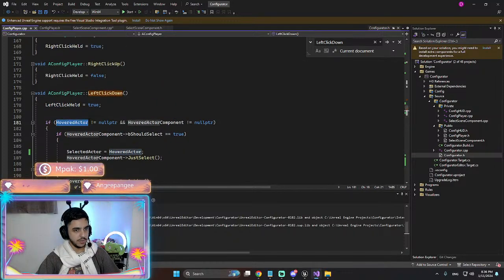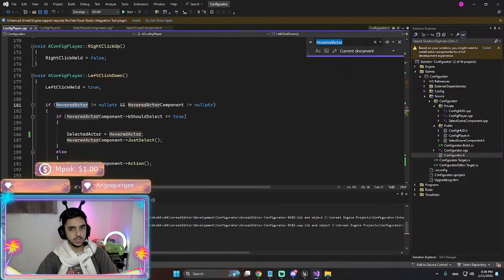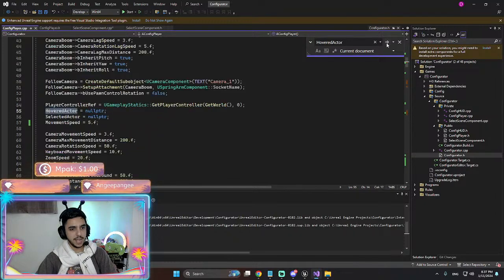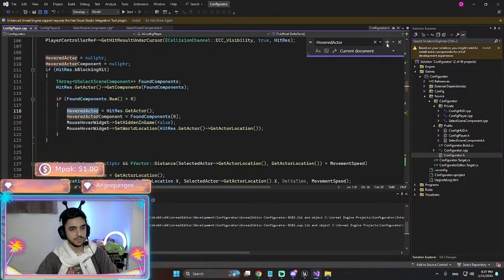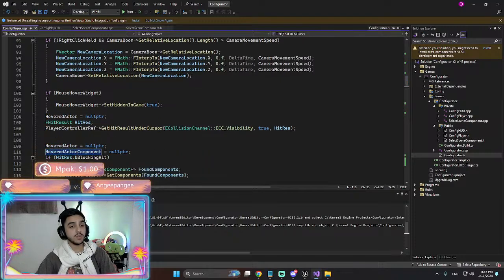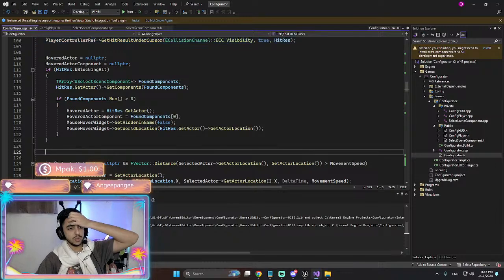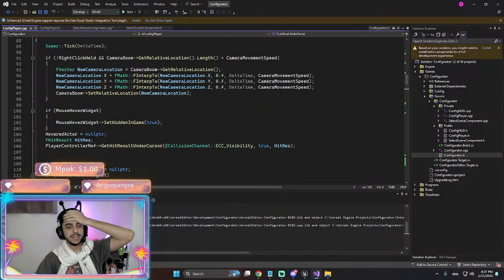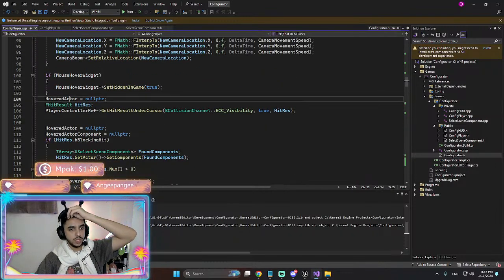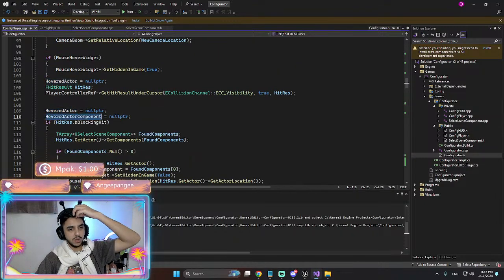Yes, hover actor. Maybe I have a hover actor as well. What is this? Where do I set that? Totally forgot what I did that time. So it's here. Oh, we have it on tick. Okay, we're gonna optimize it in a sec. We're gonna set it to frame rate independent soon. But this is what I'm doing here. Hover actor.